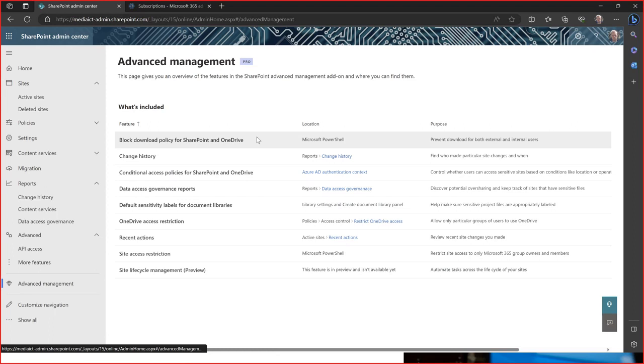So if someone outside of this group is trying to access the site and they are not inside this group, they will just see access denied. It's not limited in the files appearing in search results, but as soon as someone clicks on a search result, they will see access denied if they are not permitted to. There are a few other features in here. In terms of the license for the advanced management,